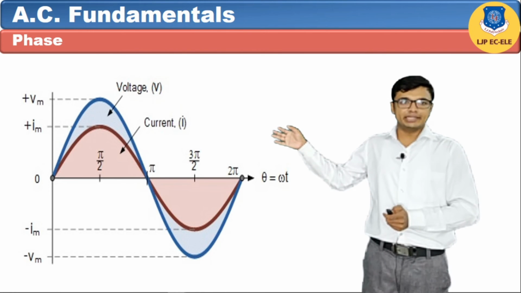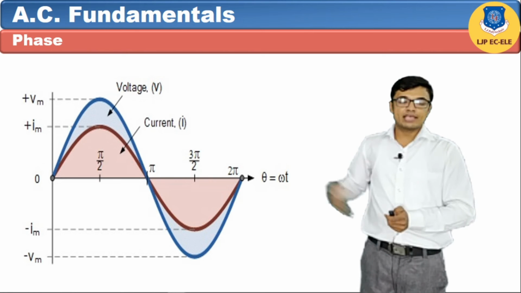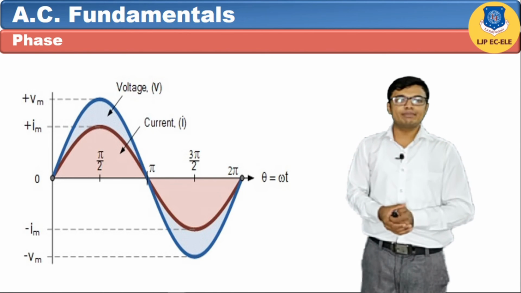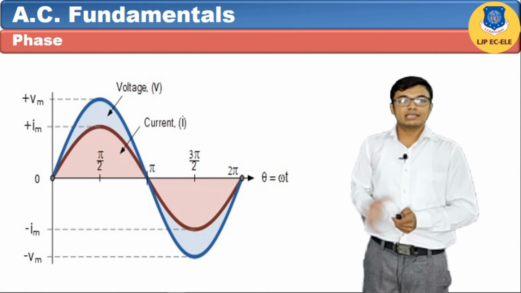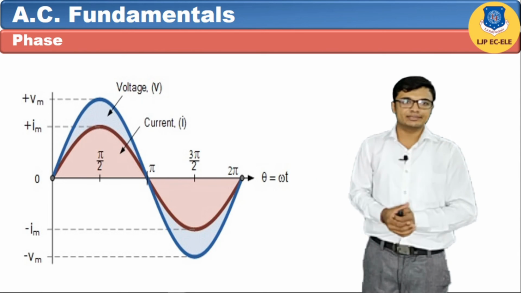So here both of the quantity will start from 0 degree. It will become maximum on 90 degree. So it means to say that if both the quantity will start from 0 degree and both the quantity will become maximum on same time, so this is called the in phase quantity. It means both of the vector having 0 phase angle.